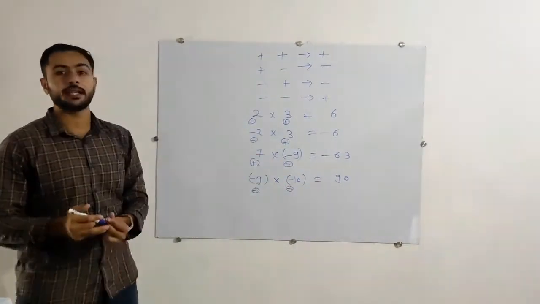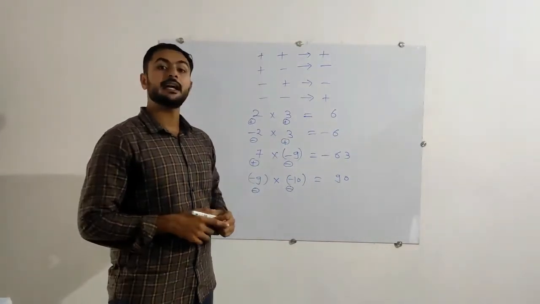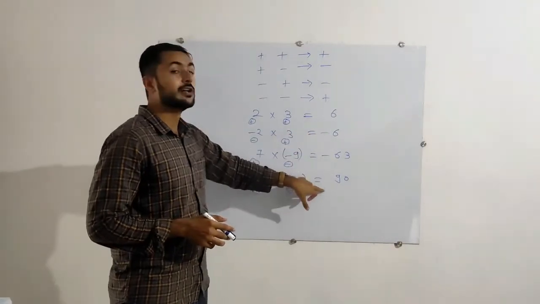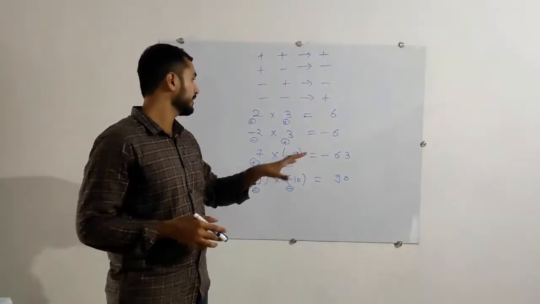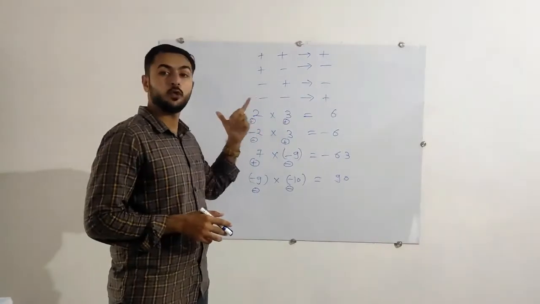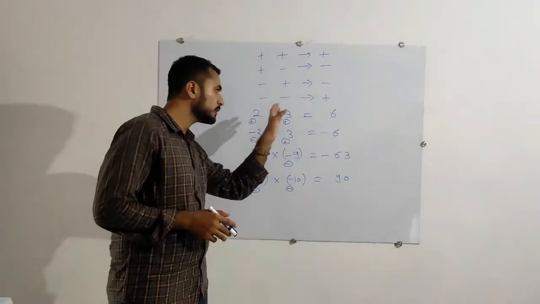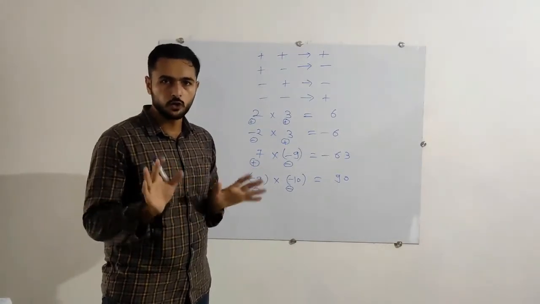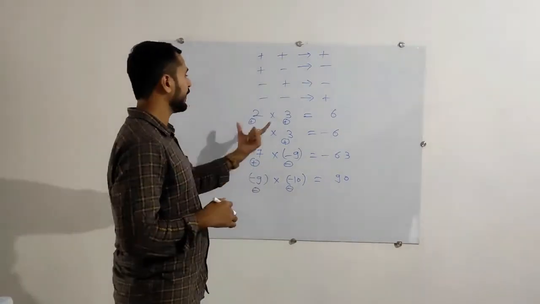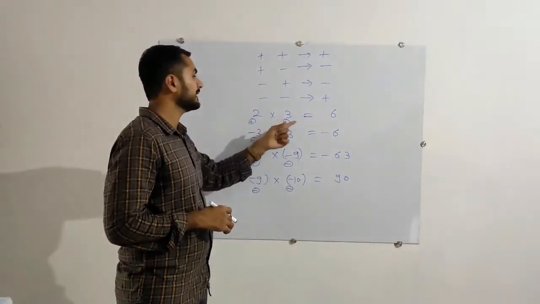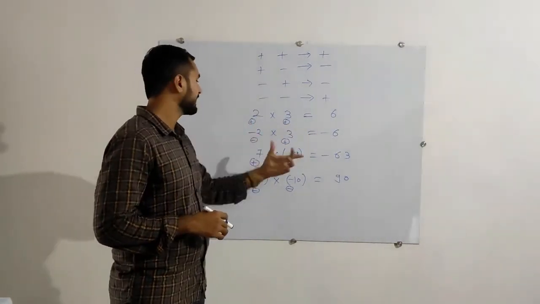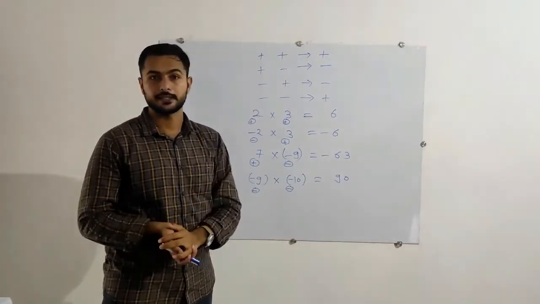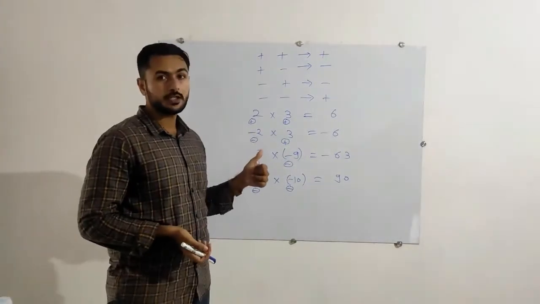It's already plus 90. So remember one thing: in addition, whenever we want to put a sign, we find the bigger number and whatever sign the bigger number has, we put it in the answer. But in multiplication, we are not going to do like that. We simply find out which signs are there: plus plus plus, minus plus minus, plus minus minus, and minus minus plus, like this. Okay, just pause the video to note it down.